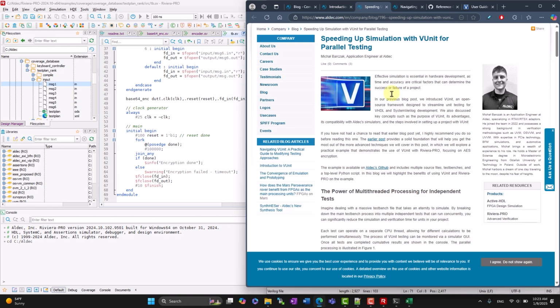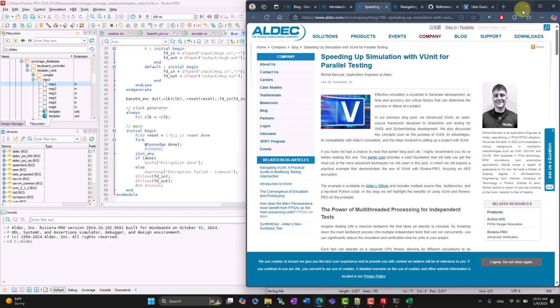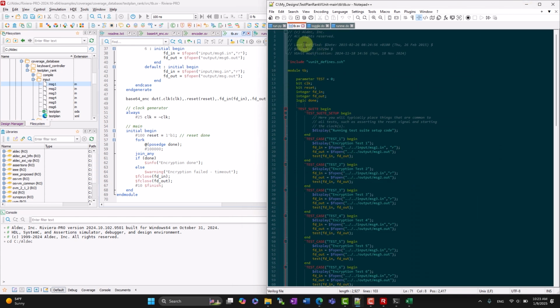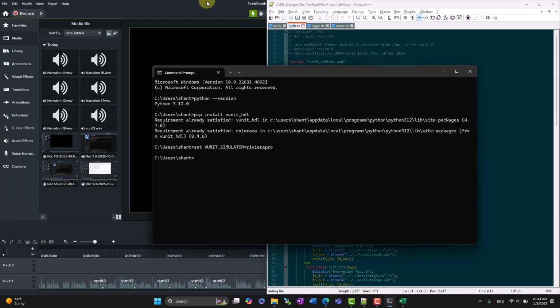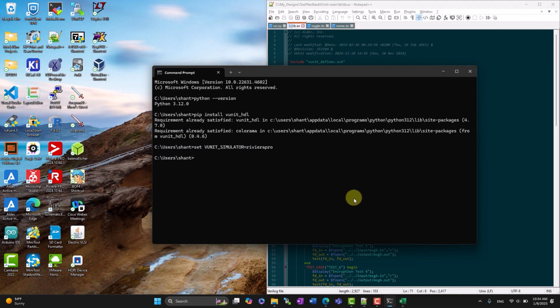Now you know how to set up a VUnit run.py script and make a VUnit compatible test bench. So let's go ahead and finally run the run.py script. Open up your terminal or command prompt and move into the working directory. So for me, it will be my designs, and then test plan rank VUnit-main. From here, just type out Python run.py. And VUnit